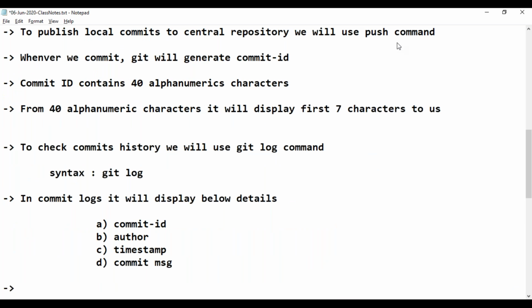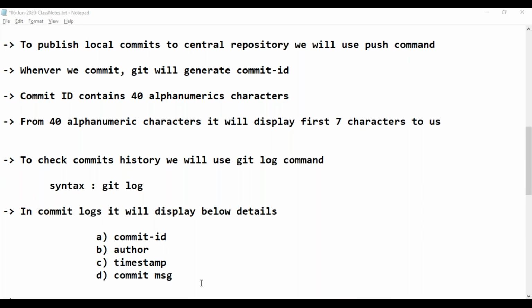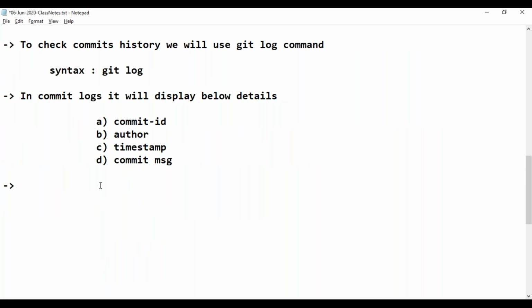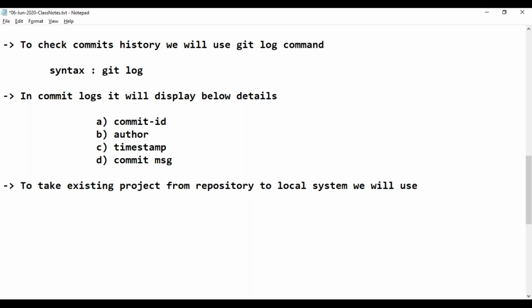Let me write this in the notes. To take an existing project from the repository to the local system, we will use the git clone command.